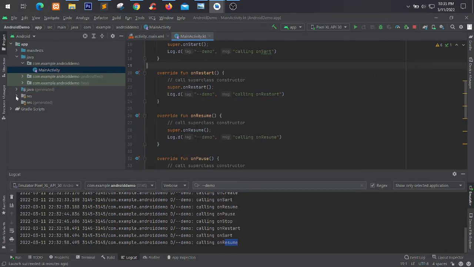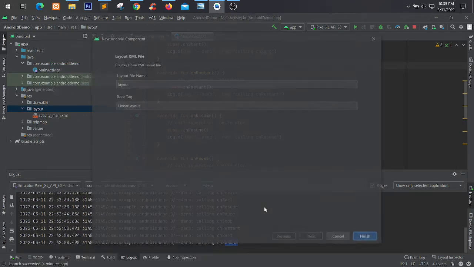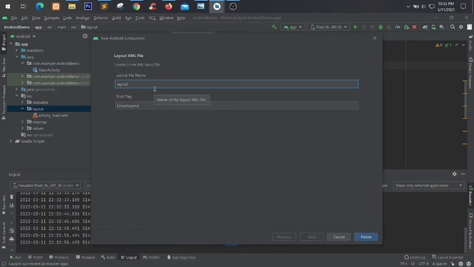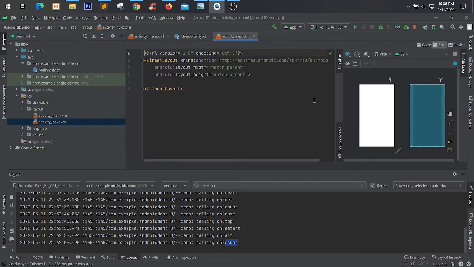So first, you need to go to resources. Let's start by creating our layout. Go to the layout folder and then right click, new, and then XML file. Then layout XML. Just call this activity next. It just represents the next activity. And then you can put what kind of layout you want. I'll just make it linear layout so that we don't have to do complex layouting. So here we have the linear layout. Let's just put a text view here